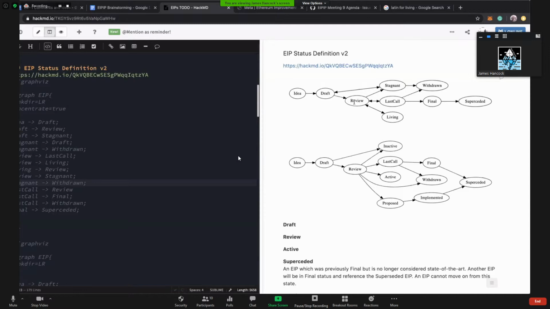Yeah, and here I wrote in that from "stagnant", you can go back to draft. So if someone just dropped it, you can pick it back up and start it again. But if someone purposefully stopped and withdrew, then to continue that EIP, you would make a new EIP and have it start as draft with a different number. So we're not addressing the fact that you can explicitly reject an EIP within these statuses? Rejecting an EIP really doesn't